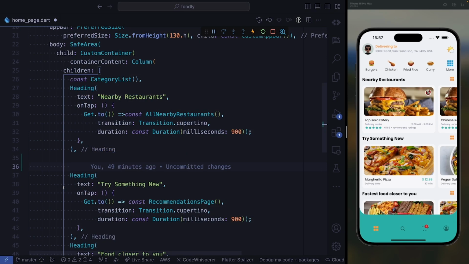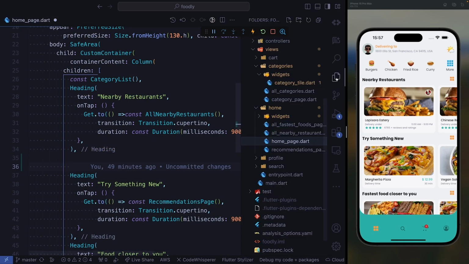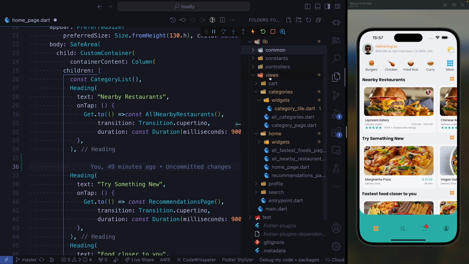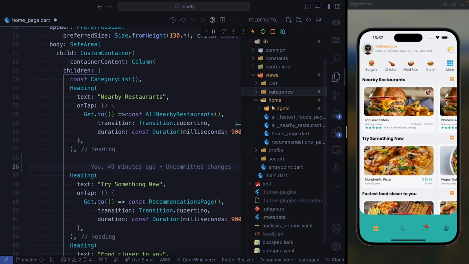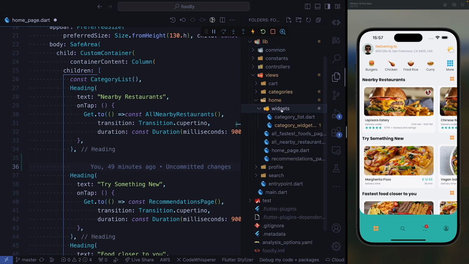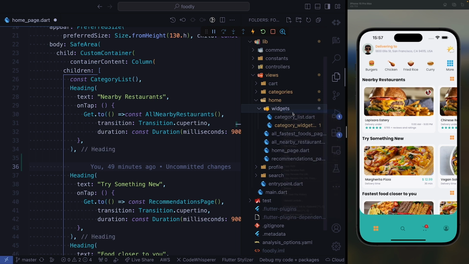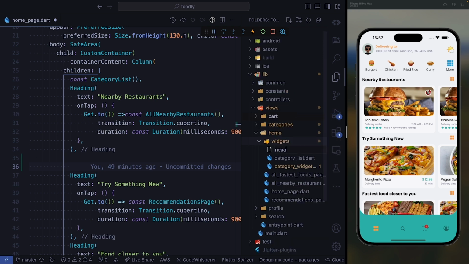We need to go ahead and create a new file inside of our lib folder. We visit our lib folder. Inside of our lib folder, we're going to go to views. Inside of views, we go to home. Inside of home, we go to widgets. Inside of our widgets, we're going to create a new widget, and we're going to call it our nearby restaurants list, or we can say nearby list. Okay. So here, let's create a new file and let's give it a name. It's supposed to be nearby